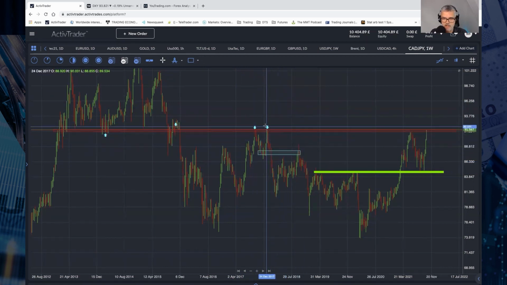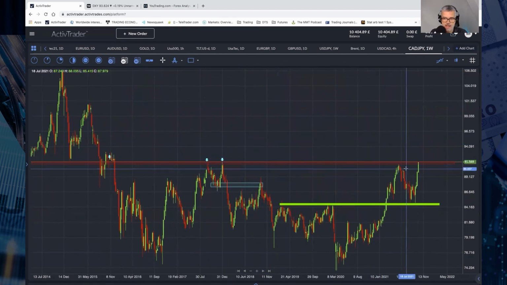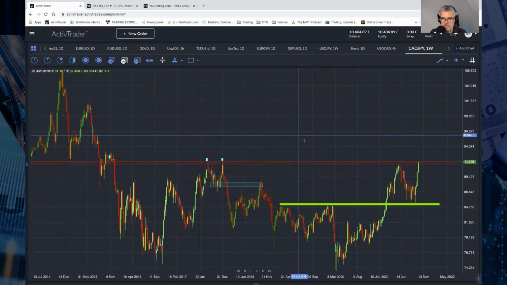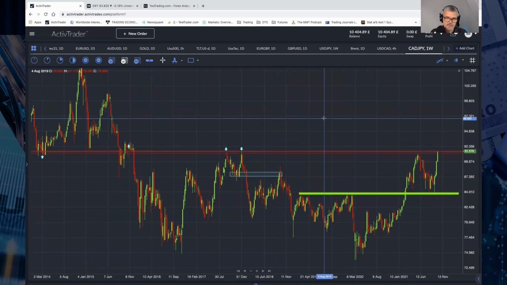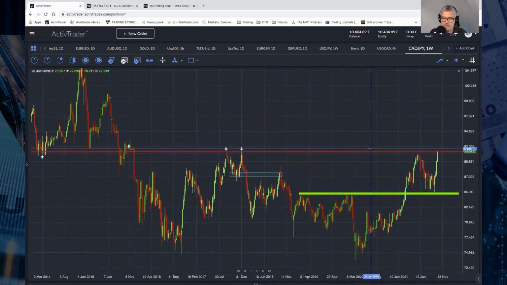So that's where all the stops are, and as you can see, we've taken out this swing high, and we're just about to accelerate through this double top. So that's why I'm excited about the CAD versus the yen. I think there's going to be a big blow through this level. So 91.5 to 92 really. Then we've obviously got this area of balance here,